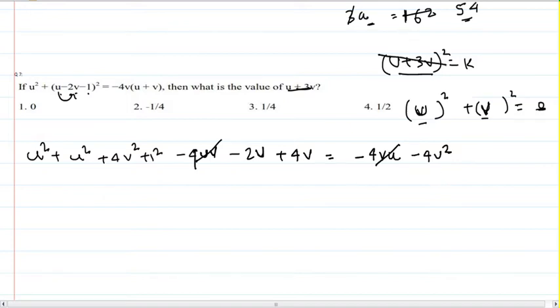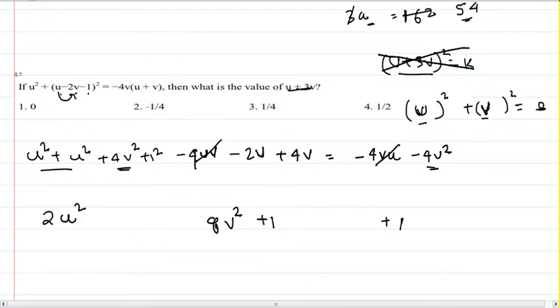That means this is not going to be my path. See, if there's a term combining u and v, that means I have a combined square of u plus v or u minus v. There is no term remaining on the screen that contains uv together. That means I'm looking for separate squares. I'm looking for a separate square for u, separate square for v. Let me rearrange this. Here I have got 2u square. I have got 4v square and 4v square. So I have got 8v square. This plus 1 I am keeping aside.